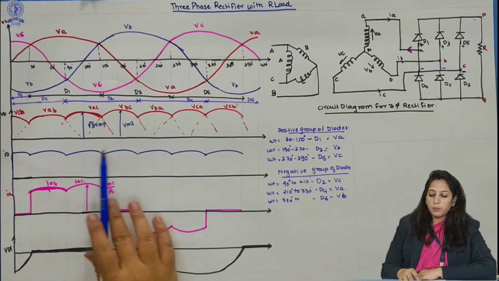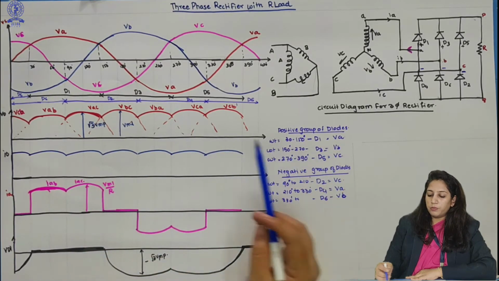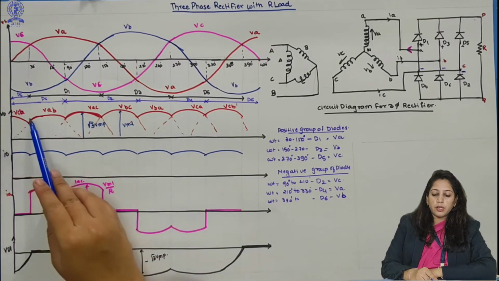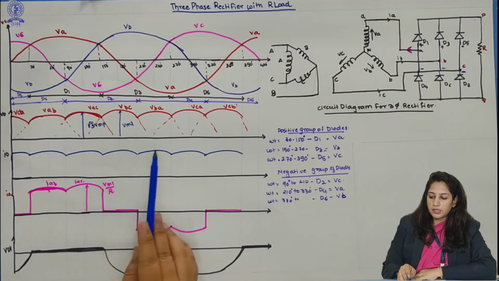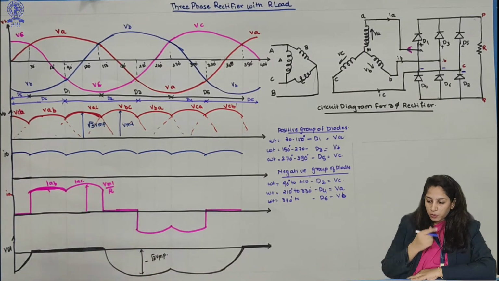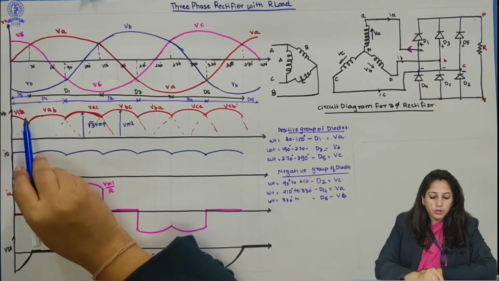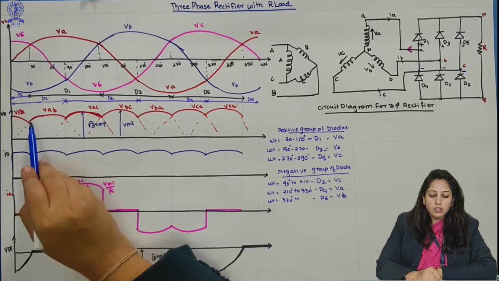What are the positive group of diodes, what are the negative group of diodes, and how they conduct. This is a very important waveform where the output voltage and output current are shown. Now we will see the performance parameters for it. Before going to the performance parameters, I will just tell you that for average voltage and average current,